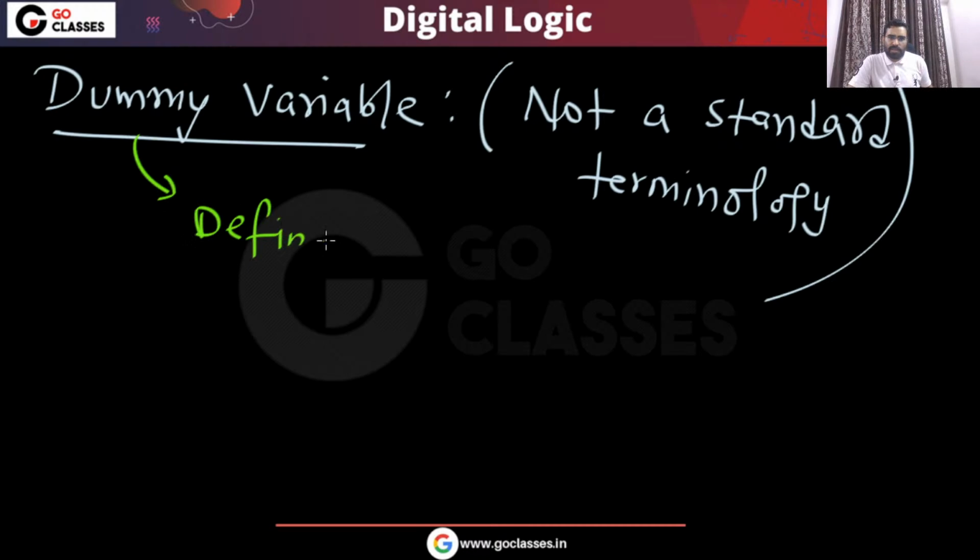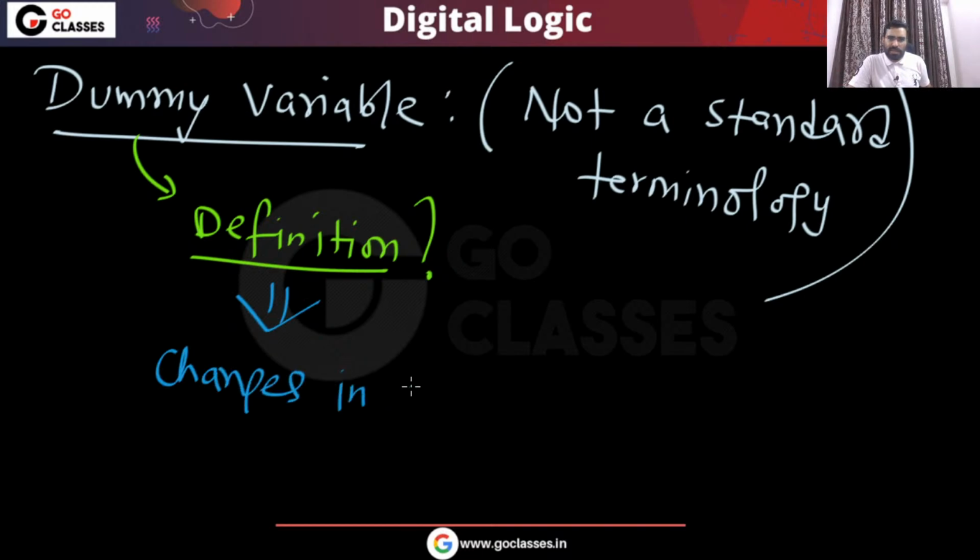What is the definition of this dummy variable? The definition is very simple. What is the definition? That changes in dummy variable does not change the function value. I can say that changes in dummy variable